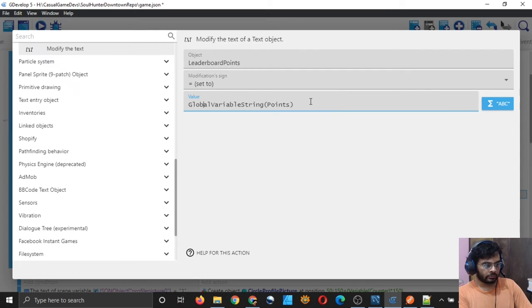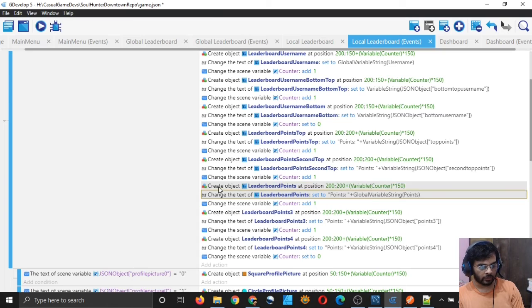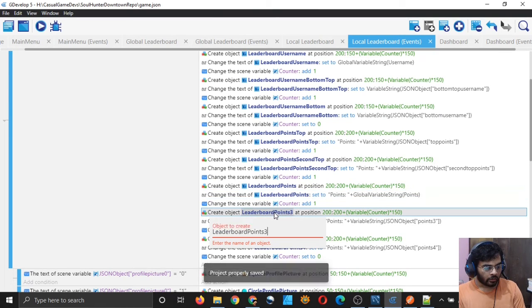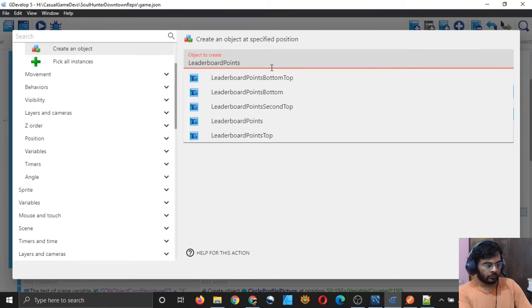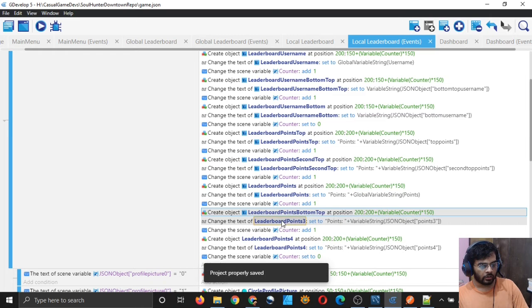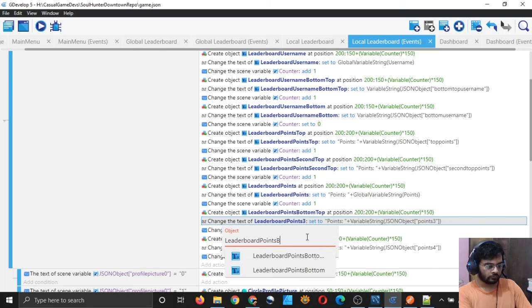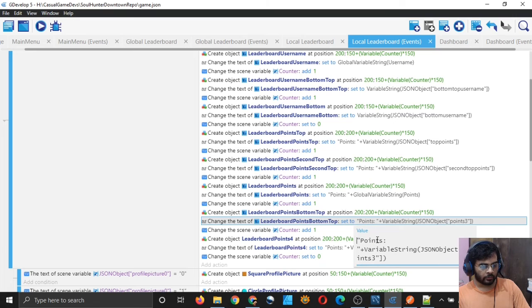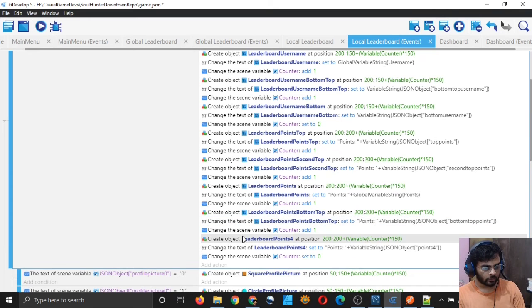And what you do is append points to it. Yep, so that it looks like it's the points which we are displaying. And again for this one just choose bottom top, same position and all, and here also bottom top, and here instead of points 3 just call it bottom top points.